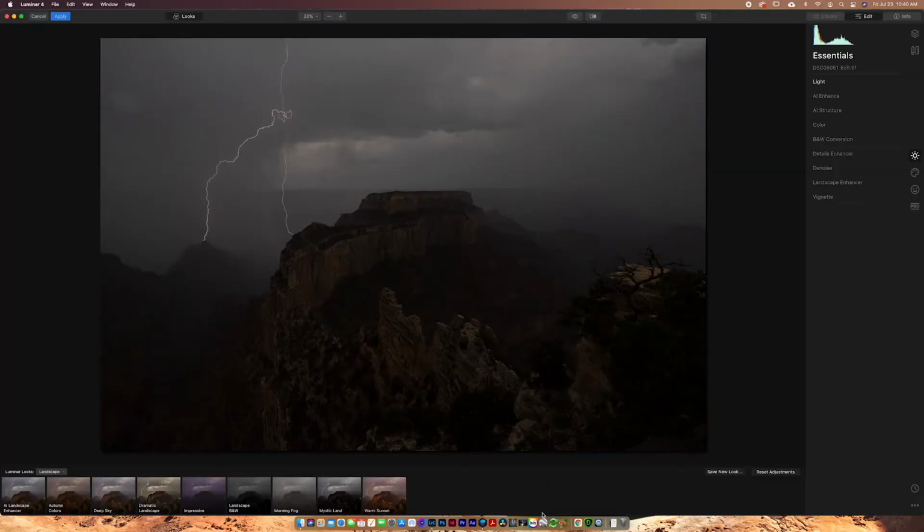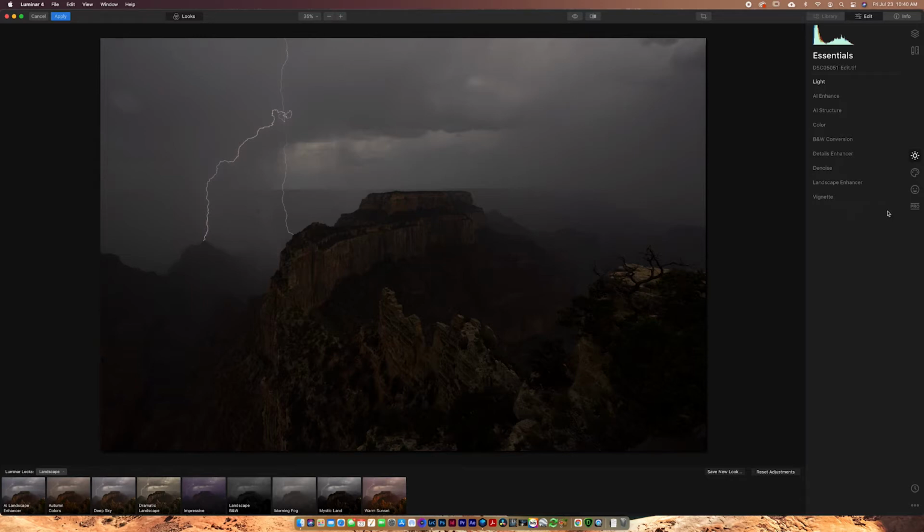So we're going to jump right into Luminar 4. Now this is Luminar 4. It's not Luminar AI. So make sure that you have the correct program if you're going to try and follow along. And yeah, we're going to go ahead and jump right in there right now. So I've got the image open here in Luminar 4. I'm in the edit tab and I'm just going to walk through all of these adjustments that I would use